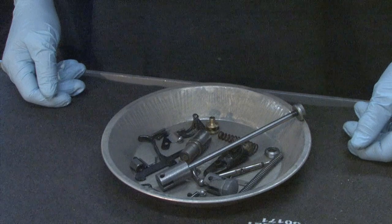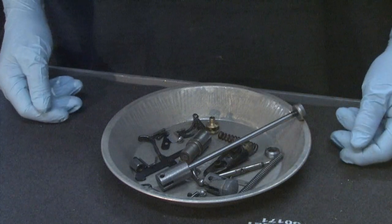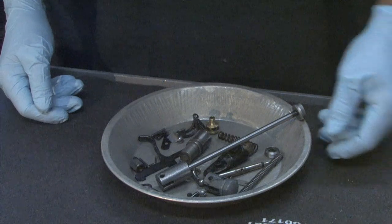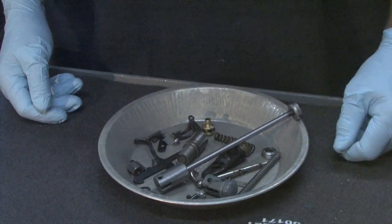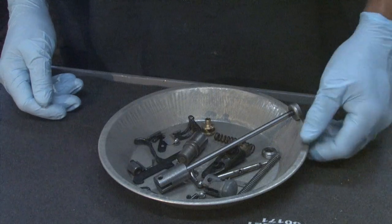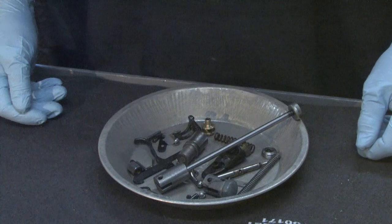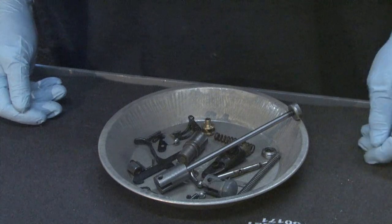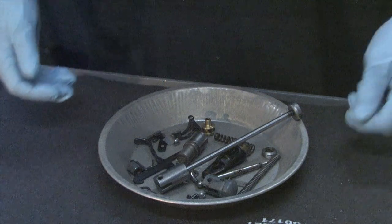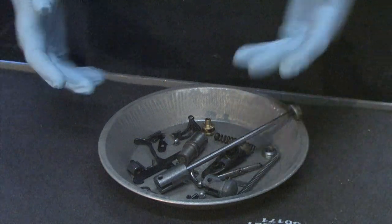And there's probably hundreds of different ways that you can clean your parts. And there's probably lots of tips out there on the internet and in different publications. But today we're going to look at how I do it, or some of the different methods that I use. And these are things that I've learned over time, just researching these different methods. But also,